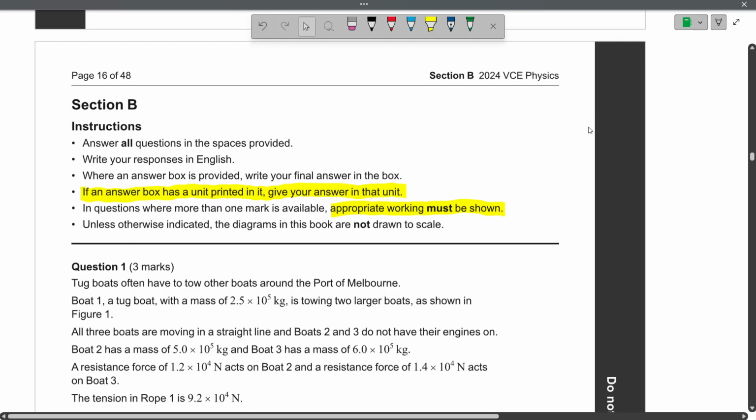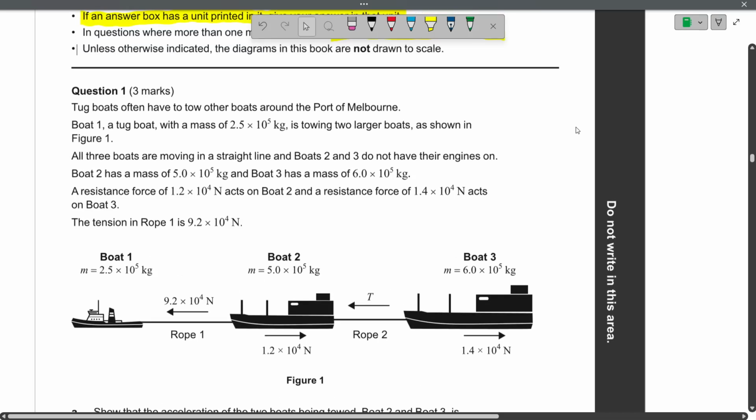Alright, let's just make a start. So, question 1. Tugboats often have to tow other boats around the Port of Melbourne. Boat 1, a tugboat, over here,